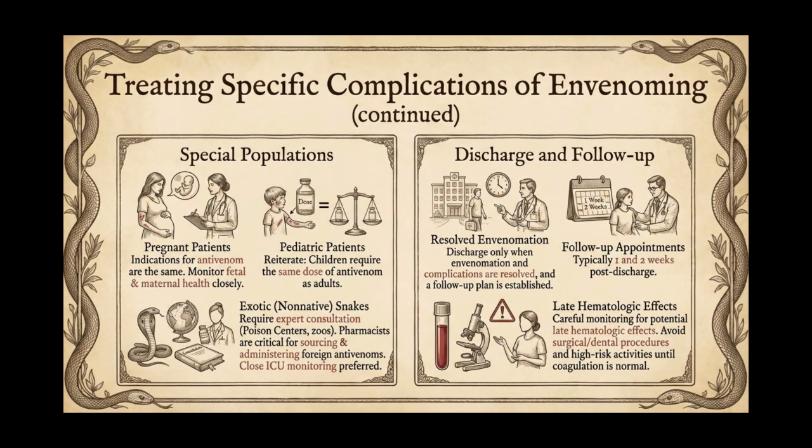Special populations and follow-up care are important considerations following snake envenomation. Patients with pre-existing illnesses, particularly those on anticoagulant or antiplatelet medications, face a higher risk of bleeding if bitten by a snake with venom that affects blood clotting. Additionally, patients taking beta blockers may have a reduced response to epinephrine, which is used to treat anaphylaxis.